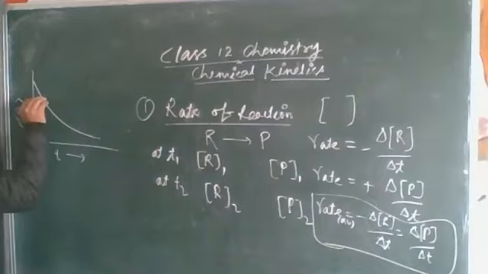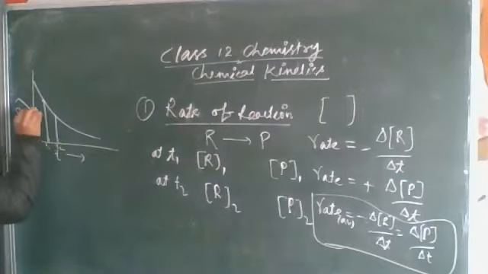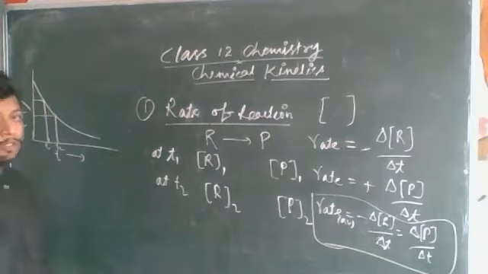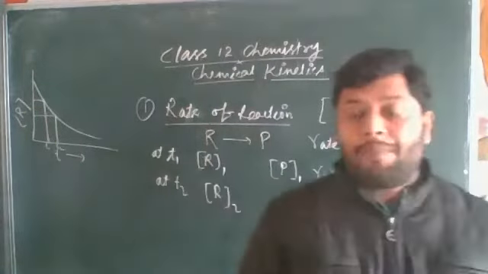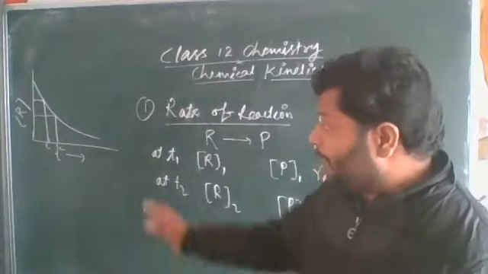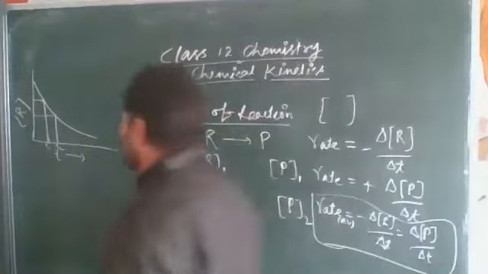Suppose for this time and for this time, so you can see that with the help of a graph, you can calculate the rate of any reaction. That will be T1, T2, and that will be R1, R2. So we can get the value